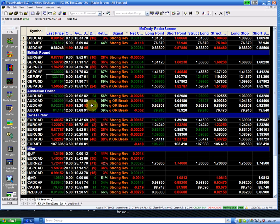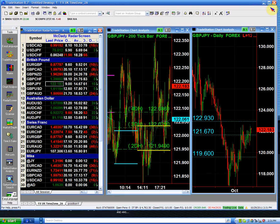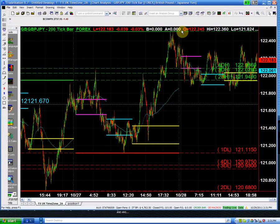And the pound now is trading at 122.18, so it's about 50 pips on the move, and that move happened on Thursday, from the 121.67. That is our move. We closed at 122, so this is excellent so far. If you look at the intraday chart,